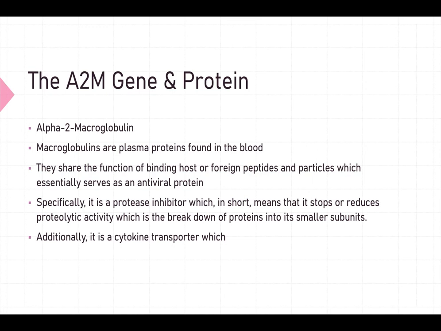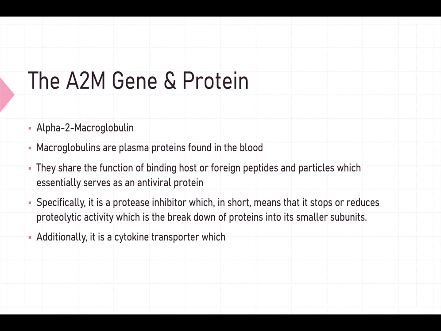So alpha-2-macroglobulin, as we know as the A2M gene, are a part of the macroglobulin family and are plasma proteins found in the blood. They share the function of binding host or foreign peptides and particles, which essentially serves as an antiviral protein. We also know the A2M gene and the protein as protease inhibitors, proteases being proteins or enzymes to be specific, which